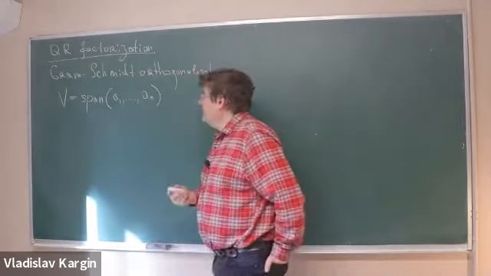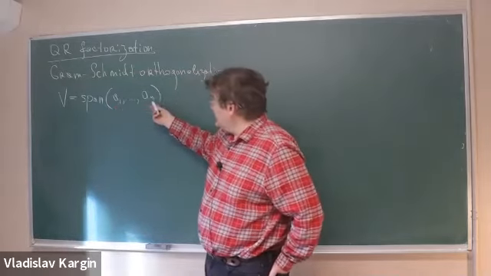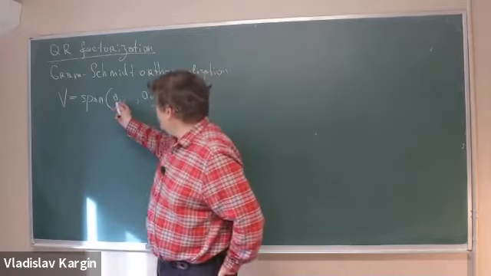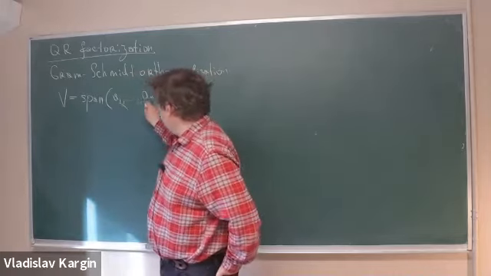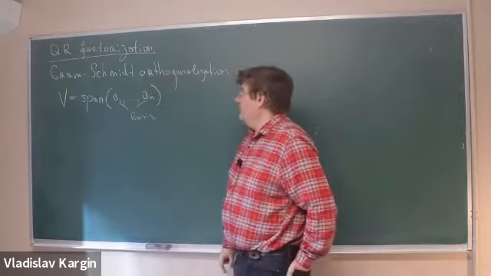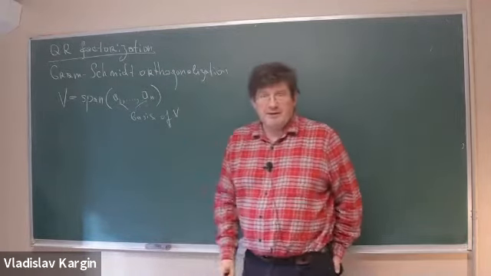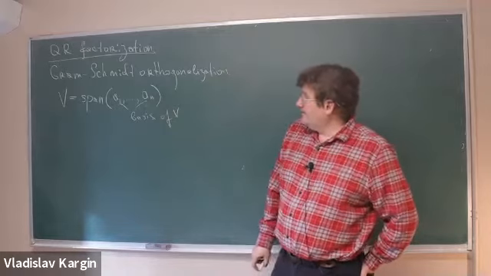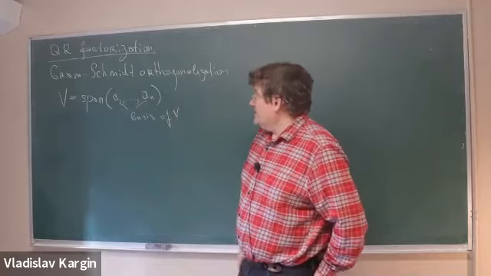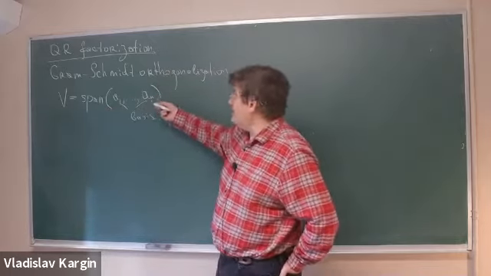This A1, ..., AN can form a basis, so you can assume that they are linearly independent. But they might not be an orthonormal basis. So in this case, you might be interested in building an orthonormal basis from